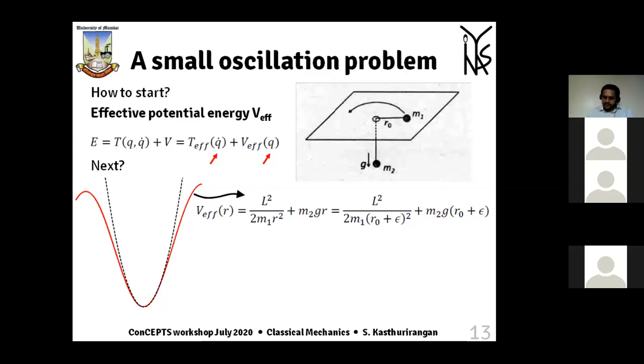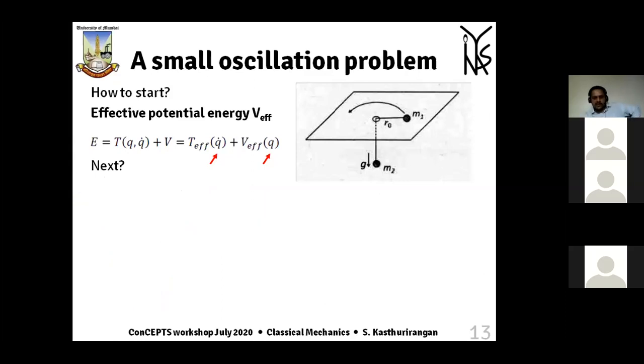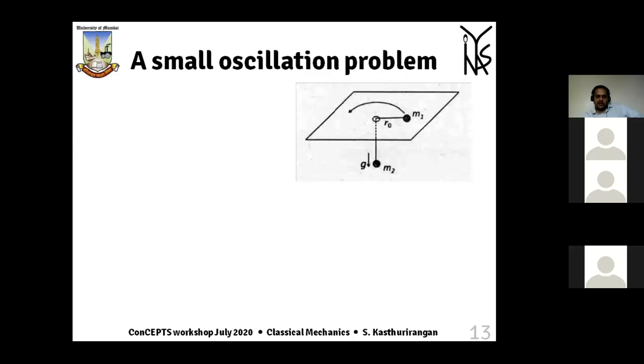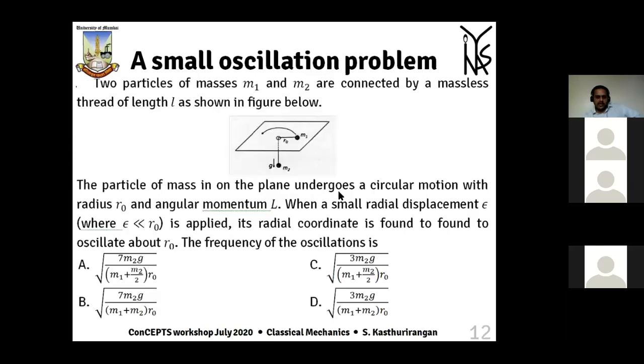There is also a request to explain this problem again, and somebody wants to know how the epsilon comes. Basically, epsilon is already given in the question as the perturbation over and above R0. You are told that the mass is undergoing circular motion at R0, where everything is in perfect balance because it is under uniform circular motion without any perturbation. So the centripetal force acting on M1 transferred through the tension in the string is exactly balancing the weight of M2. That is what is happening at that particular point of time.